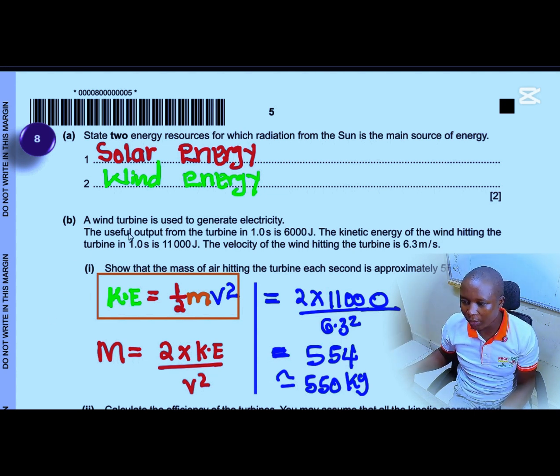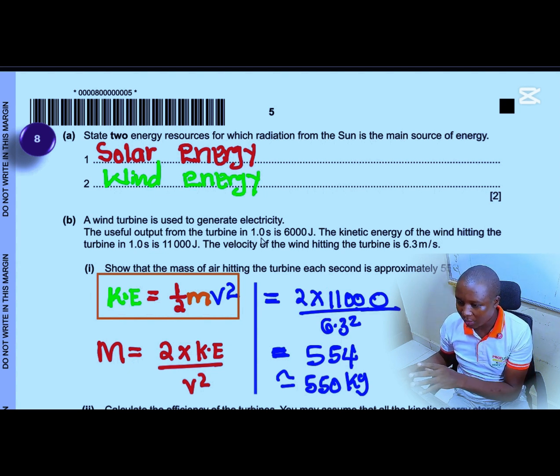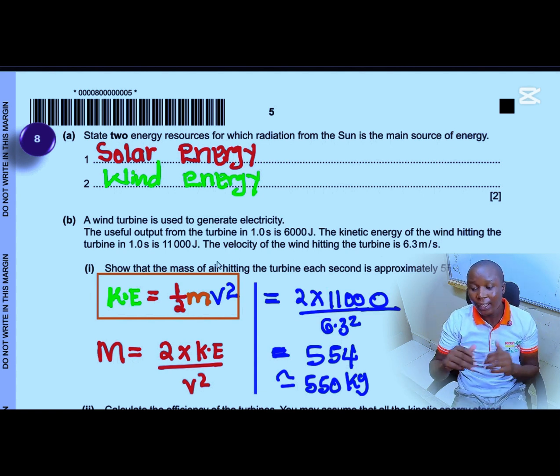So in this case, we're told the wind turbine is used to generate electricity, and the useful output from the turbine in 1 second is 6,000 joules. The kinetic energy of the wind hitting the turbine in 1 second is 11,000 joules. Then we're supposed to calculate the velocity of the wind hitting the turbine. Show that the mass of air is